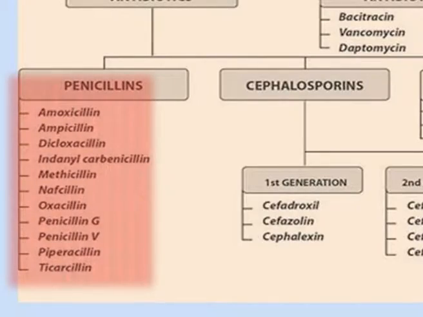Now, these penicillins include amoxicillin, ampicillin, penicillin G, penicillin V, etc. And you know these penicillins are mostly not in use now because the bacteria have become resistant to this particular group of antibiotics, because they produce an enzyme called beta lactamase which destroys the penicillin molecule and does not allow the penicillin to act on the bacterial cell wall, mainly the peptidyl linkage, and thereby the penicillin is rendered ineffective. Then we have the cephalosporin.